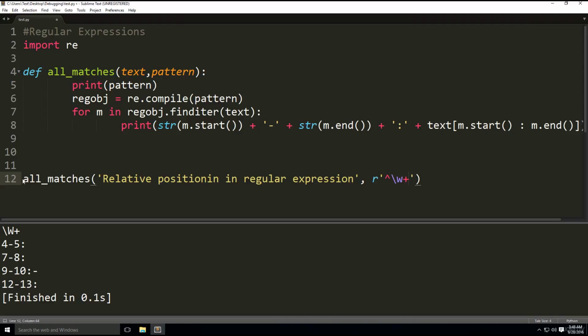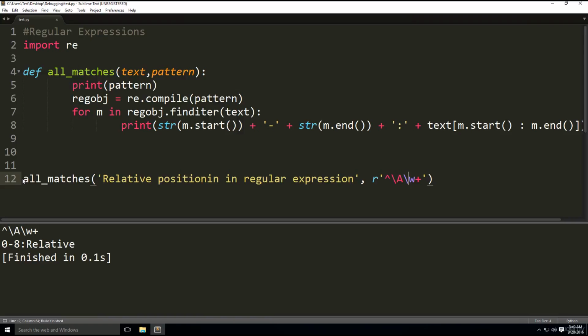This finds words at the beginning of the string or line, which is the first word. And then we can have \A, capital A, and \w plus, which is a word at the beginning of the string. And then we have \w plus dollar, which is a word at the end of the string or line,